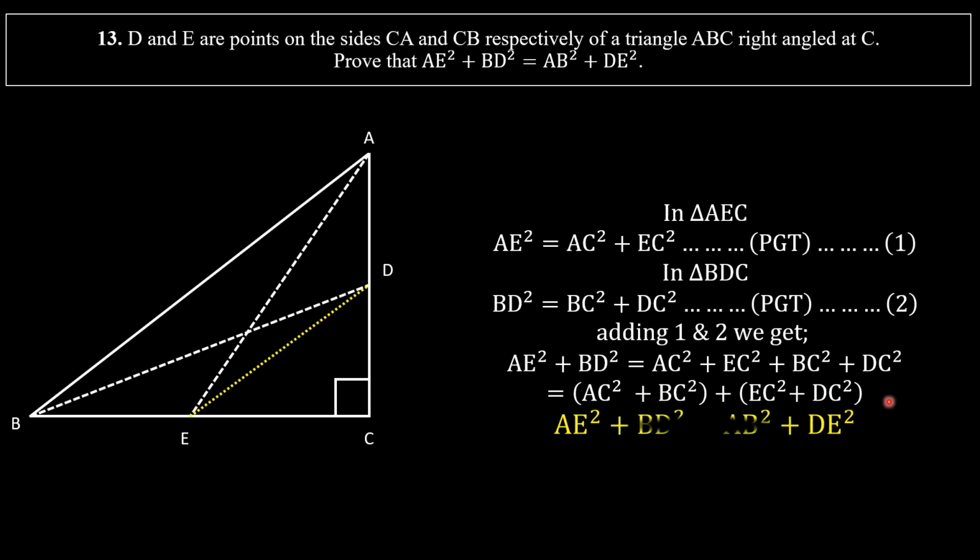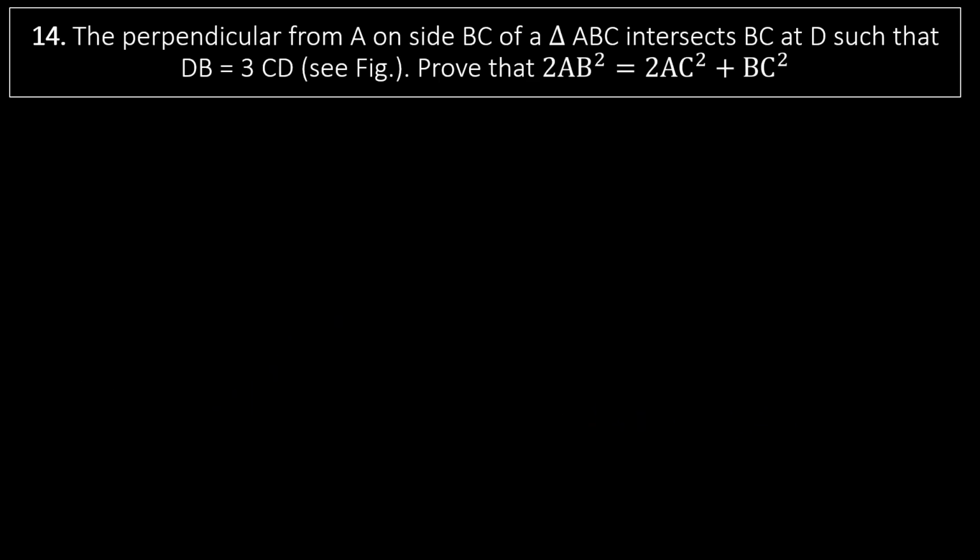We get the desired result, that is AE square plus BD square is equal to AB square plus DE square. Hence it is proved. Okay, so let's move to question number 14. The perpendicular from A on side BC of a triangle ABC intersects BC at D such that